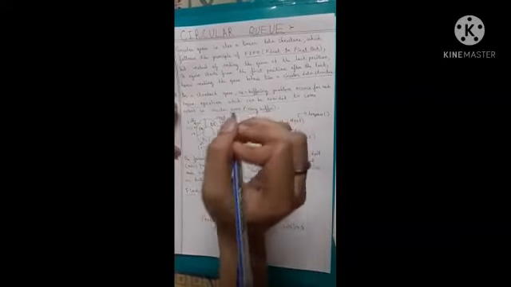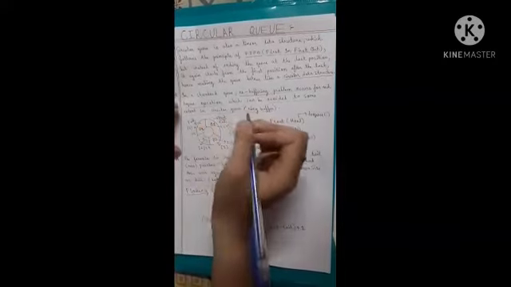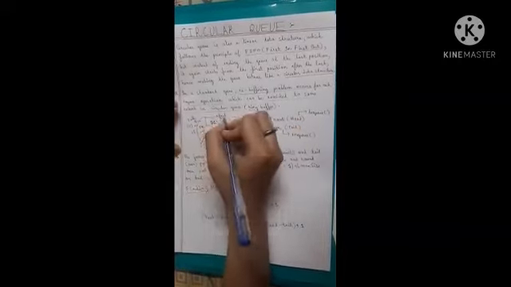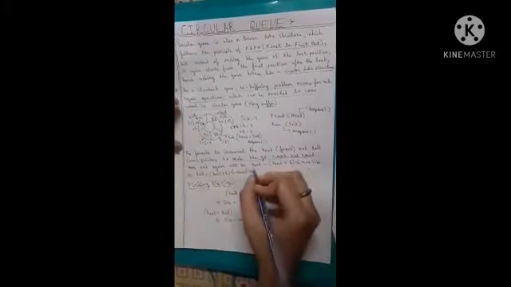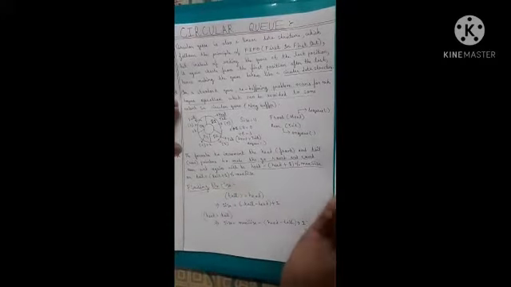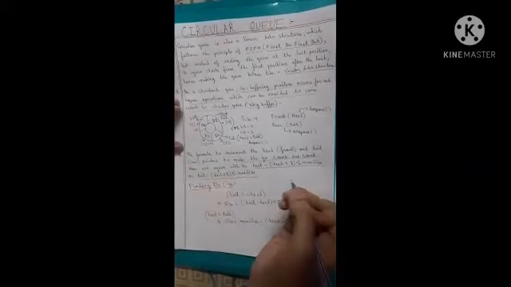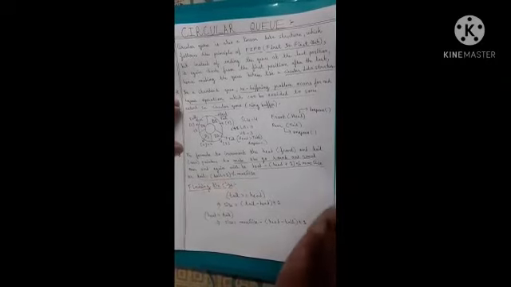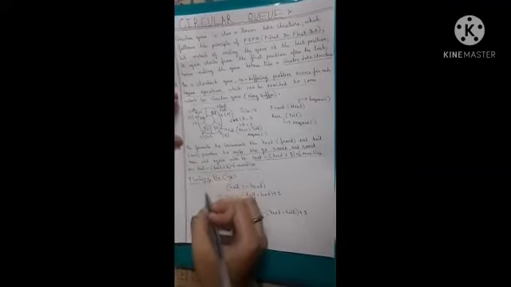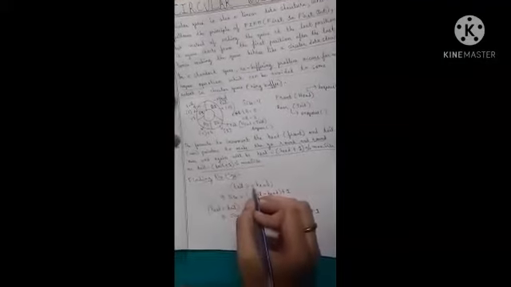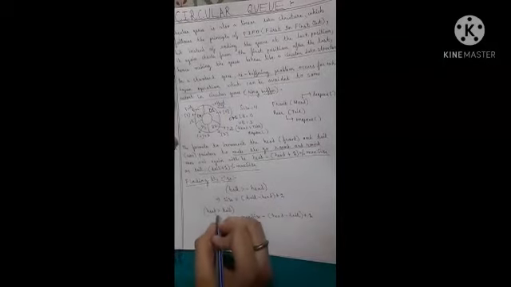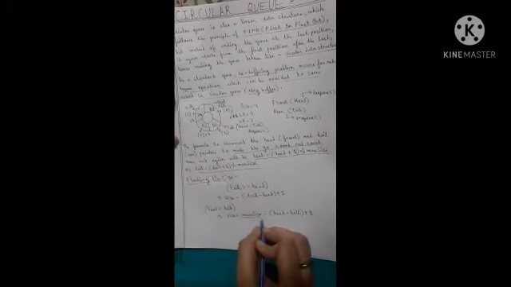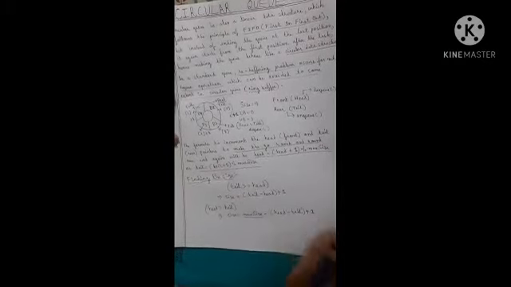So we should keep in mind that while operating with the circular queue, the tail and the head pointer should not exceed the size of the queue. For that, there is a formula to make the circular queue go round and round. That is, head is equal to (head plus 1) modulus max size, and tail is equal to (tail plus 1) modulus max size. Now for finding the size, there is a small formula: when tail is greater than or equal to head, then size is equal to tail minus head plus 1, and when head becomes greater than tail, then size is equal to max size of the queue minus head plus tail plus 1.